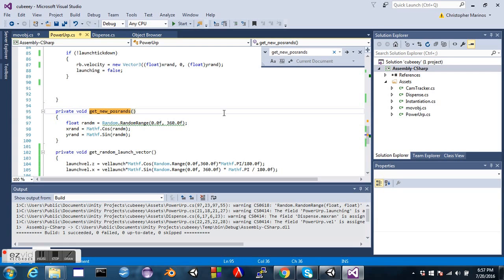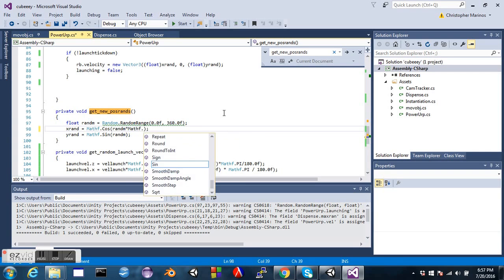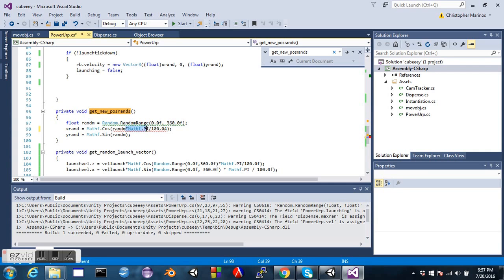So we make a random float. We take an x and a y value based on the random float and the cosine. I'm not going to delve into cosine and sine, but that should be in radians too. Well, whatever, because it kind of works. And no, actually, that's not acceptable. I think, yeah, times math.pi over 180.f, and of course,